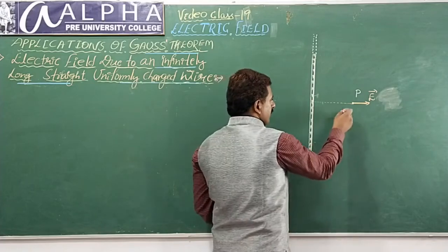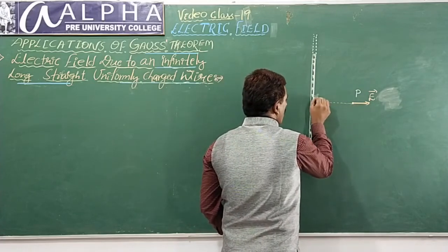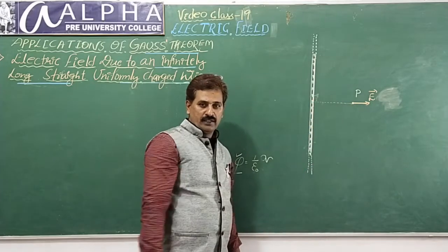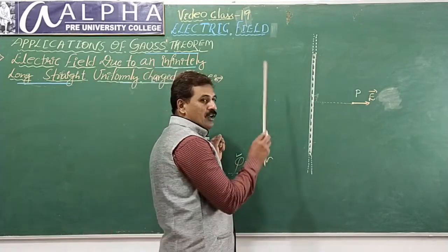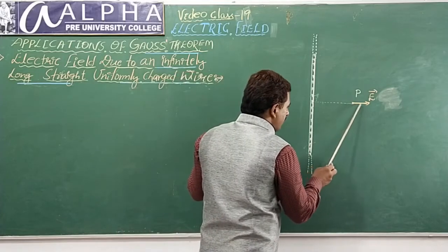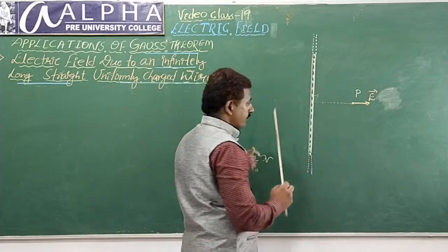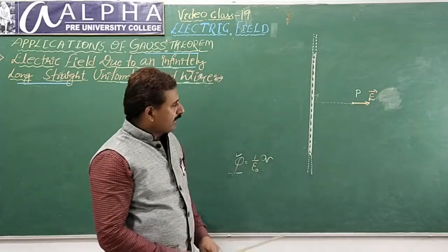Meaning what? The direction of the field is normal. Normal to what? The conductor. How to decide that? I'll come to that point. First of all, you know or you think the field direction is normal to the conductor. To evaluate electric field here,